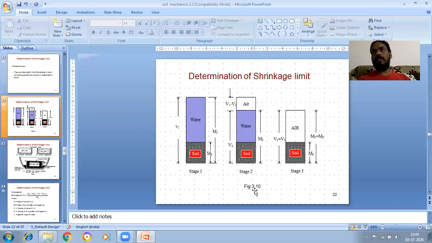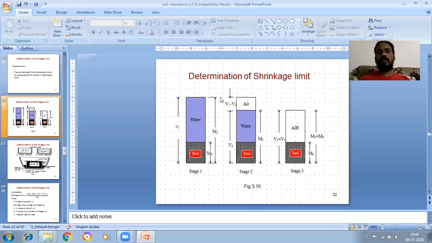Then the weight of that overflown mercury divided by unit weight is nothing but the displaced volume of the mercury. The displaced volume of the mercury is equal to the volume of the dry soil, because that volume is displaced by the dry soil. That's why both are equal. The volume of the mercury collected as it overflows should be equal to the volume of the dry soil, as per Archimedes principle. So now we got the volume of the dry soil, weight of the dry soil, volume of the wet soil, and weight of the wet soil. These are the 4 recordings.